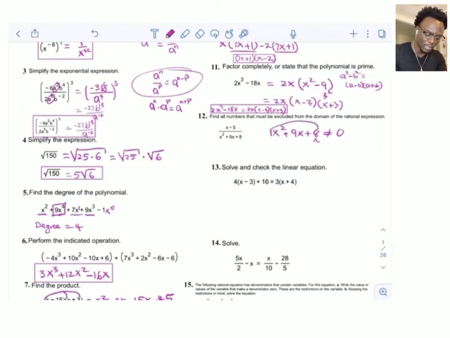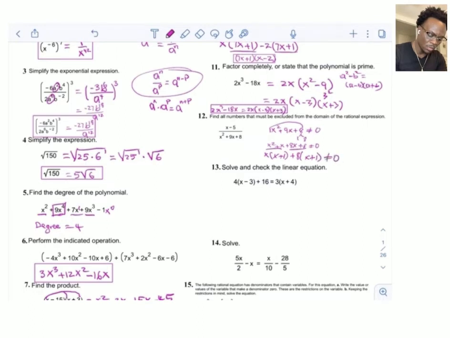Two factors of 8 that add up to 9 is 1 and 8, so that's going to be x squared plus 1x, plus 8x plus 8 not equal 0. And then we're going to factor this expression nicely. So if we group these two, factor x plus 1, and these, factor x plus 1